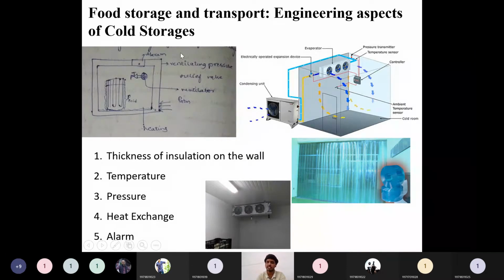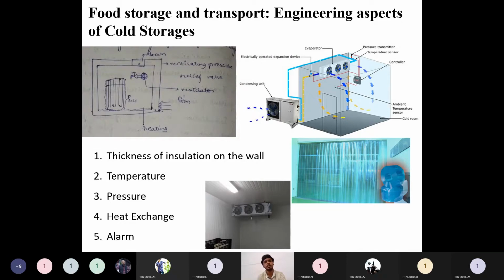There are some engineering aspects inside this cold storage which we need to adopt. Otherwise, this cold storage will not supply the environment which the particular target food is meant for. The first one among those is the thickness of insulation on the wall. Concrete walls will be made, but the heat transfer through a concrete wall is somewhat higher. In order to lower that heat transfer to the surrounding environment, we have to provide insulation, or some false ceiling.